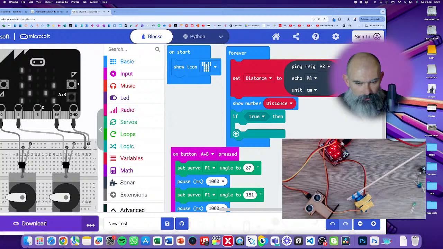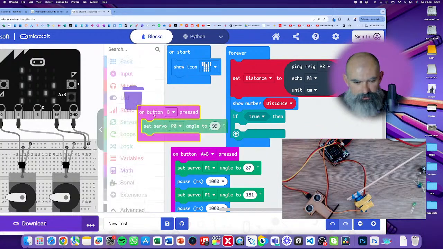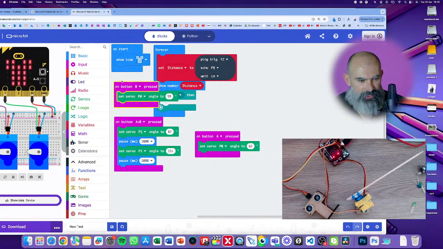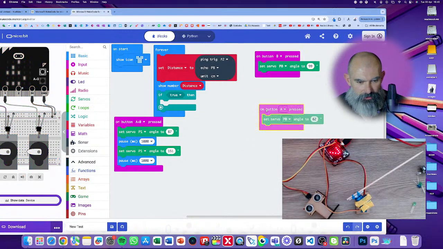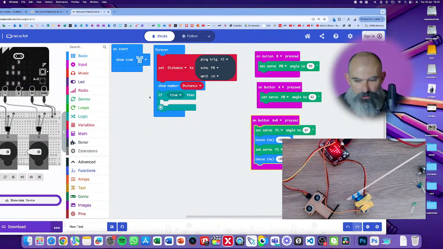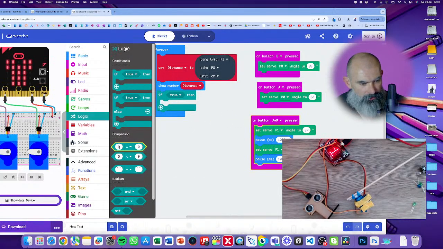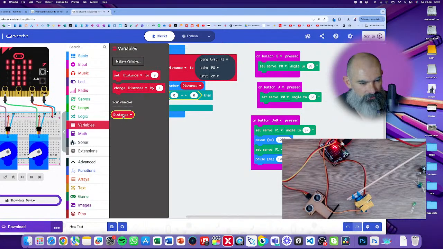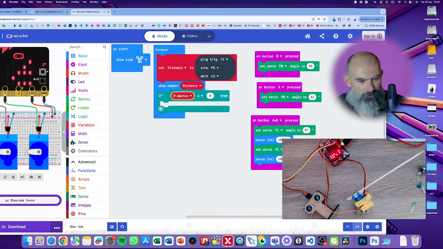There we go. And just move these around a little bit. I don't need to see these. In fact, what I'll do is zoom out a little bit because we've all seen what that is now. Move those physical objects to the side. And we need a logic operator. And what we're going to do here is drag this shape in because it's the same as the other one. And we're going to say if the distance, which is the variable that I have here,